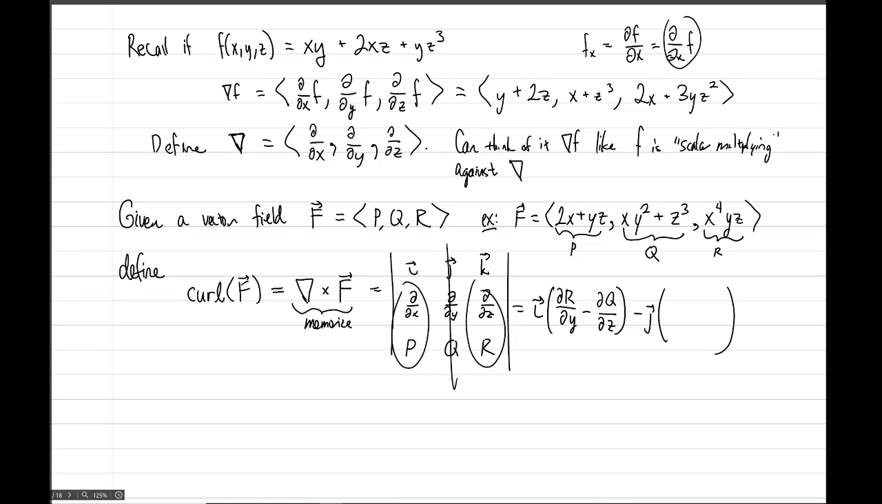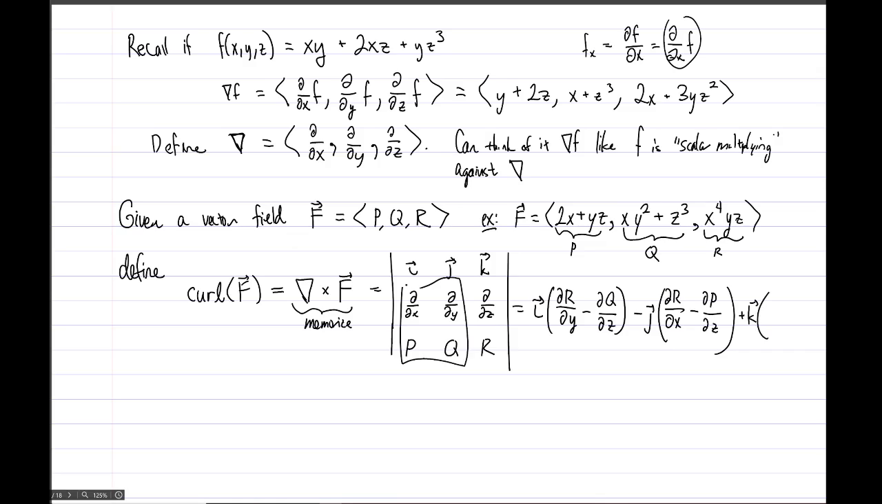Then we have a minus j times, and now we're looking at those entries, right? If we hide the middle column, we've got partial derivative of r with respect to x first, minus partial derivative of r with respect to x, minus partial derivative of z with respect to p. I didn't say that right. Partial derivative of p with respect to z, plus vector k times, and then we've got this 2 by 2